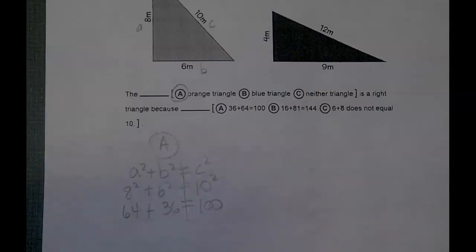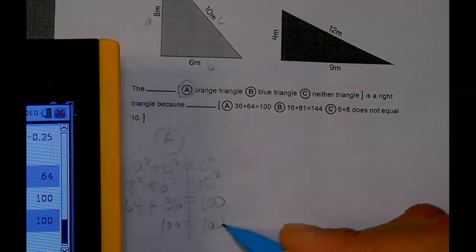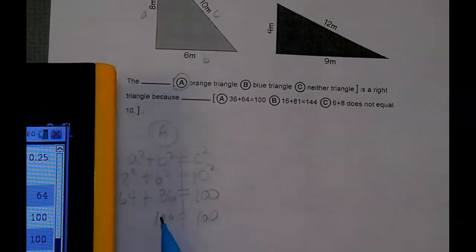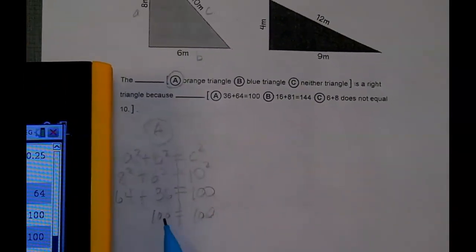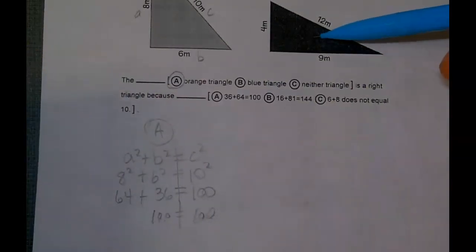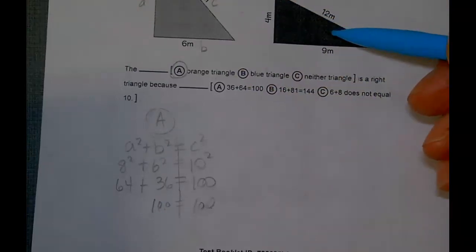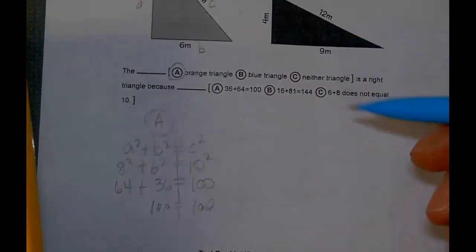So I'm going to take 64 plus 36 and 100. So now you're going to look at this one. And before we circle the answer, if it's a right or not. So then this one is,